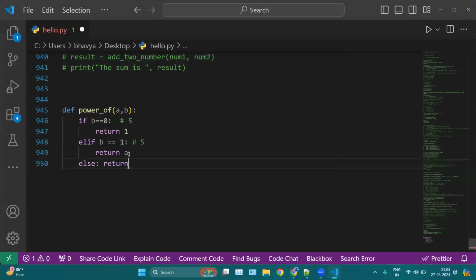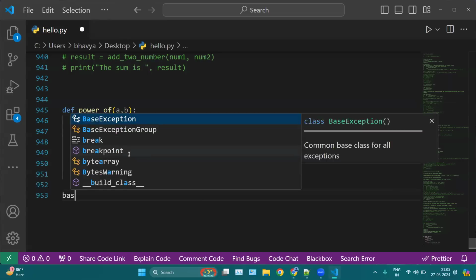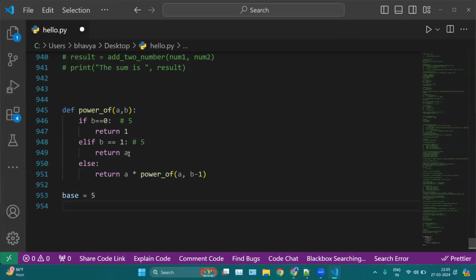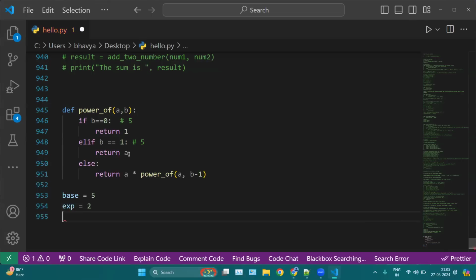Else simply return a multiplied by power of, now we are again calling your function here, power of a comma b minus 1. And then here, now let's say value of base equal 5, and value of exponent equal 2 here. Then we can print